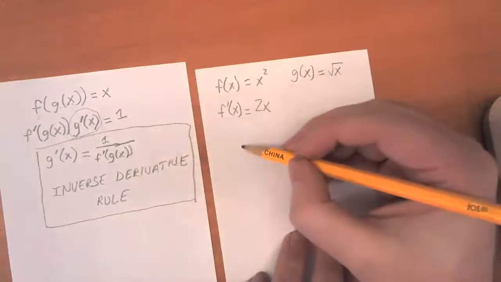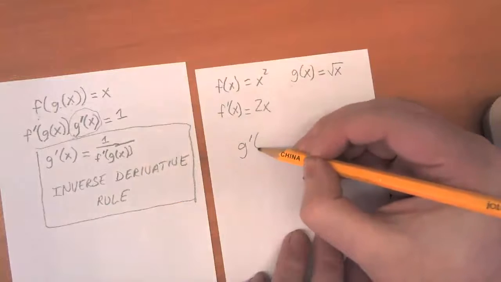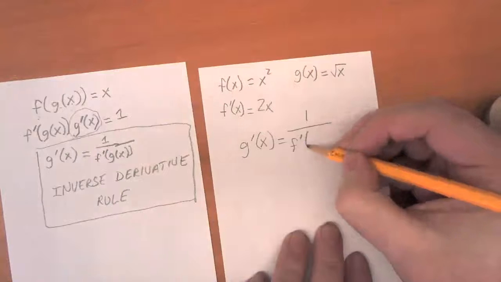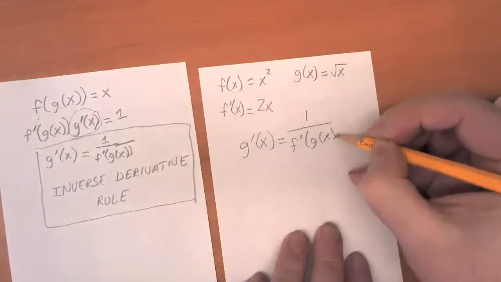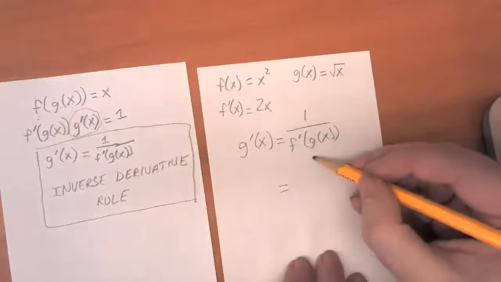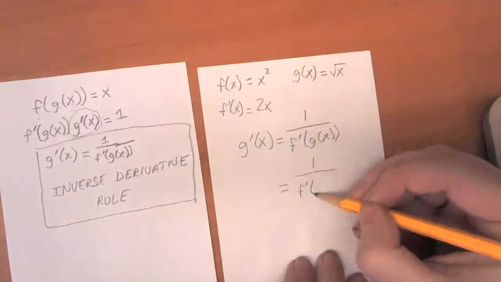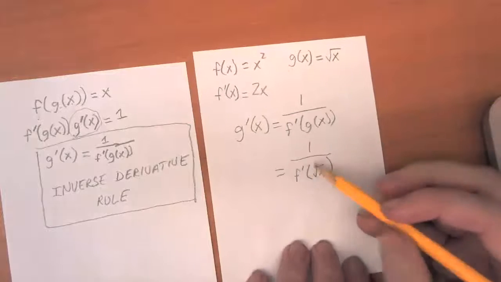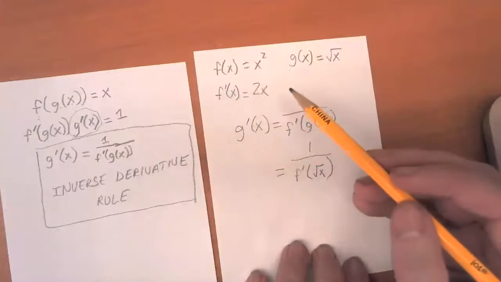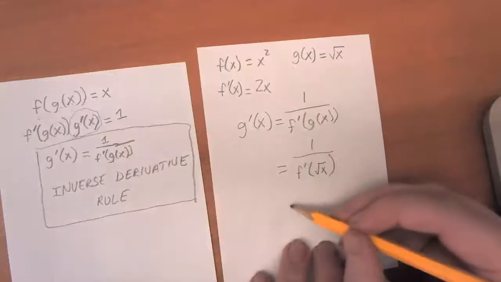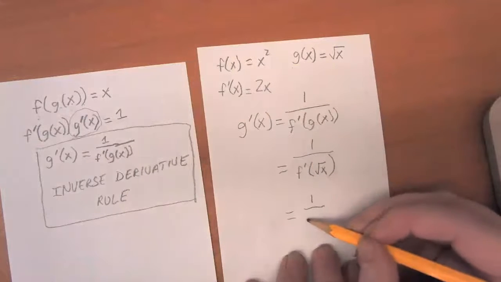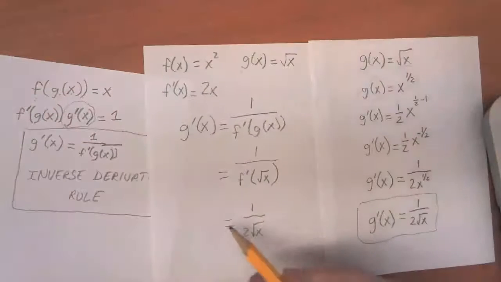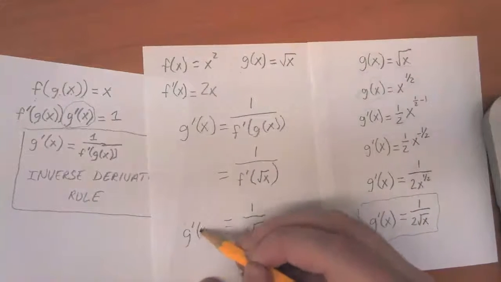And so the inverse derivative rule says that g prime of x is equal to 1 over f prime of g of x. And let's just take this step by step. g of x is the square root of x. And what's the rule for f prime? f prime says you just double the input. So if our input is the square root of x, then doubling that gives us 2 times the square root of x. And so we can see that we got the same answer